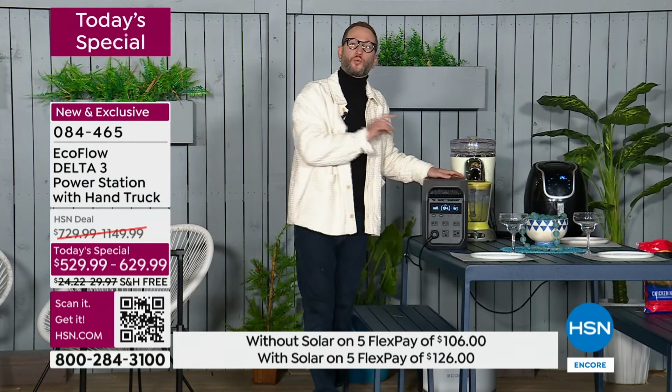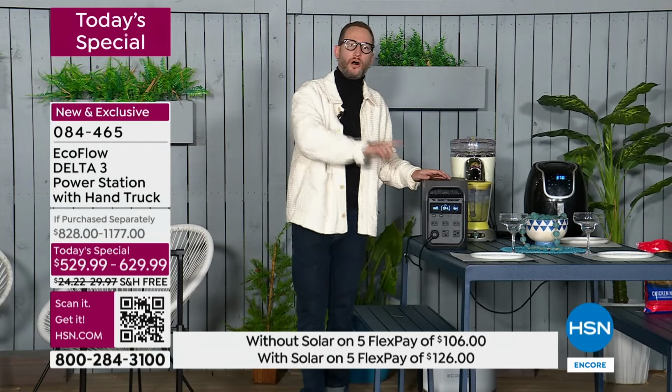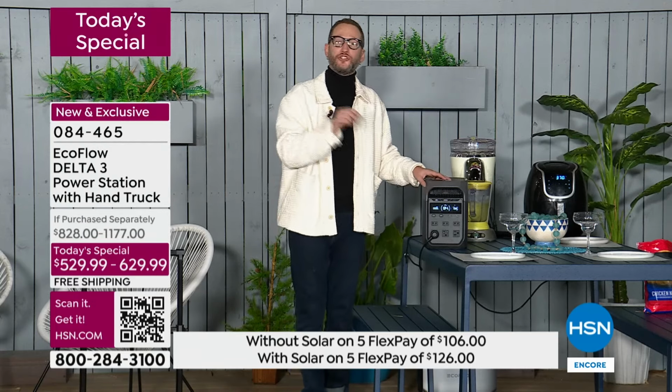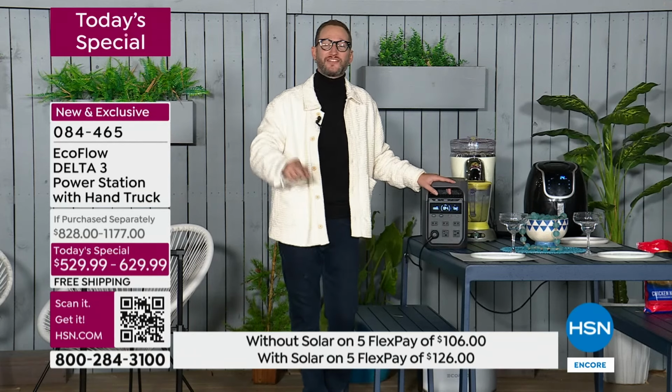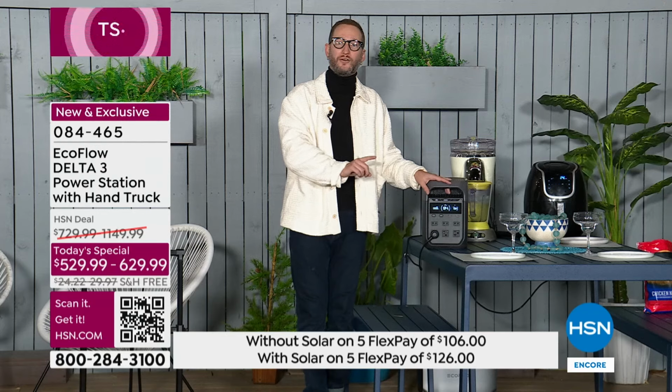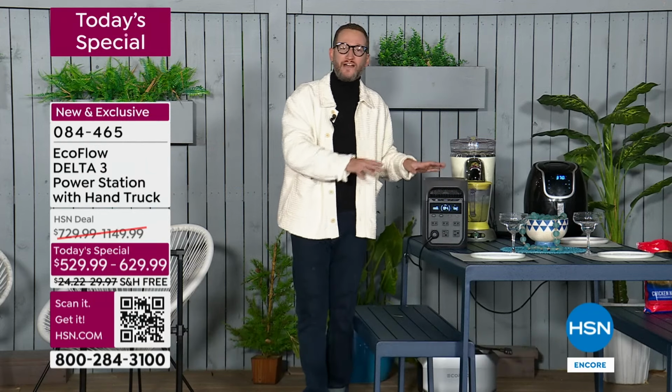Everything is even faster. Recharge rate used to be over an hour. It is now under an hour from 0 all the way up to 100%. So when you want to be able to recharge this in a pinch, you can. And of course, since you're getting the solar panel, it's going to charge even faster. We're giving you a 160 watt option to get with it, but you can have up to 500 watts